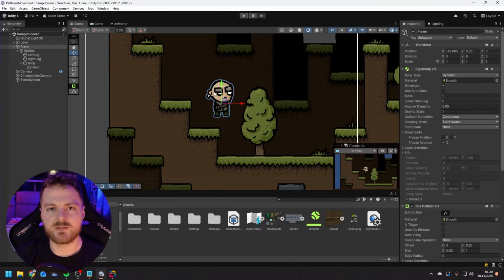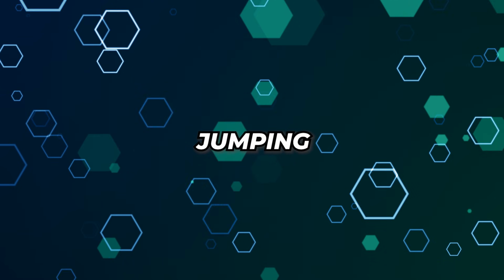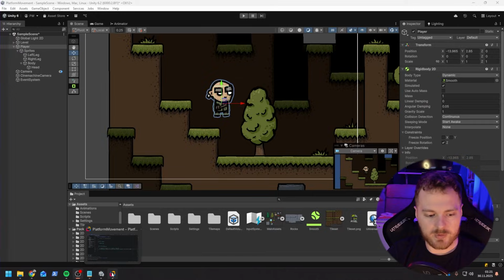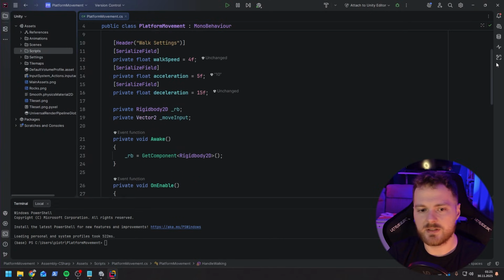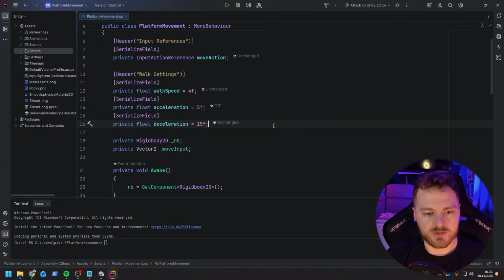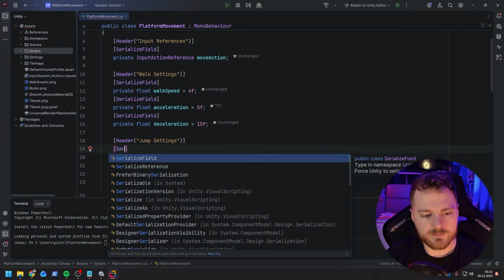Okay, so we have nice movement to the sides. Of course, now we need jumping. Jumping will be pretty straightforward. So the first thing we have to do is obviously create some new properties. So header, and now jump settings, and now the first one